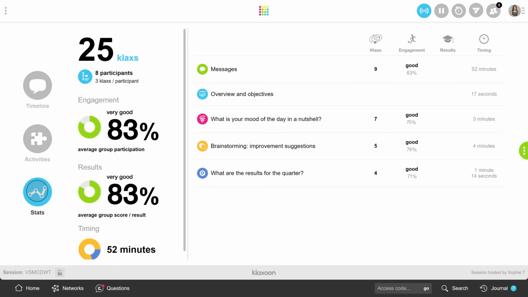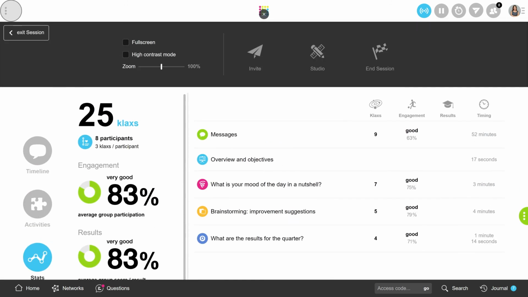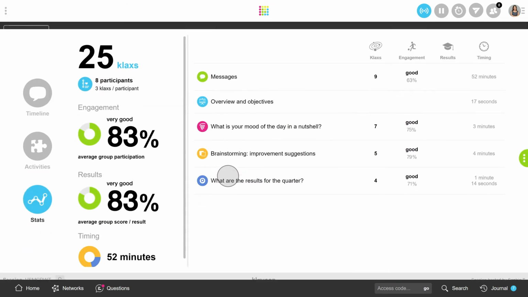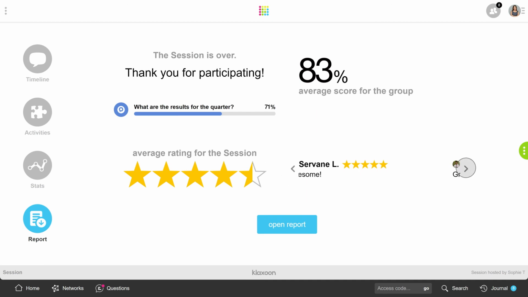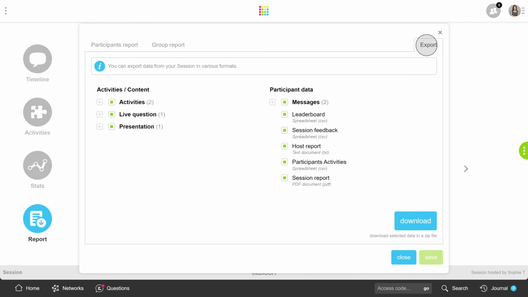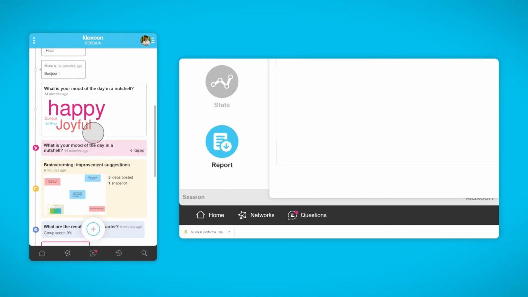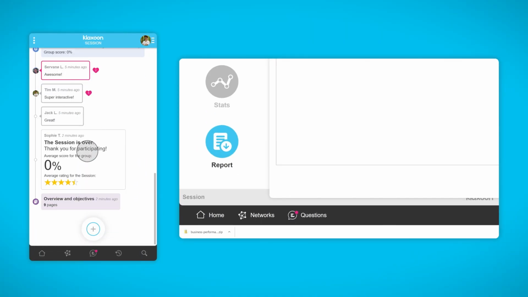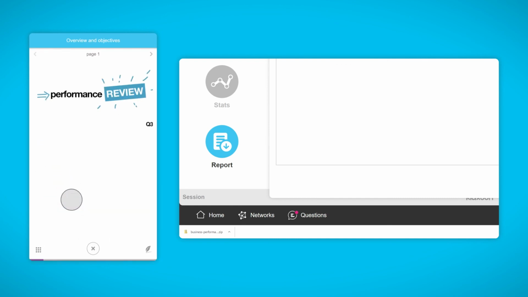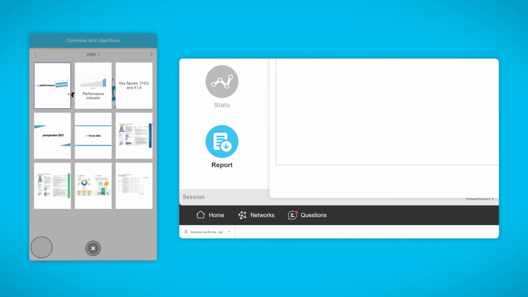Then, in the stats area, find all the statistics of your session and in particular the commitment rates of the team. The session is coming to an end. Close it by clicking here to generate the automatic report. Everyone ranks the workshop and adds a comment if needed. Click on Export to retrieve all the information of your session, including a complete report in PDF format. Once the workshop is over, everything remains accessible to the group, the flow of the exchanges, and a memo generated automatically. With a simple click, everyone can find the entire presentation.